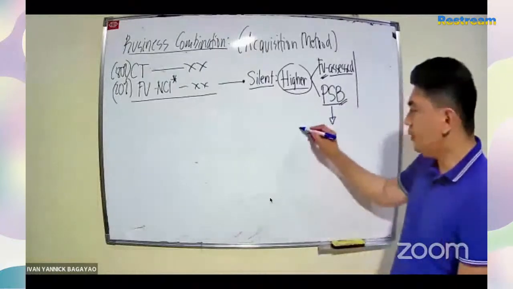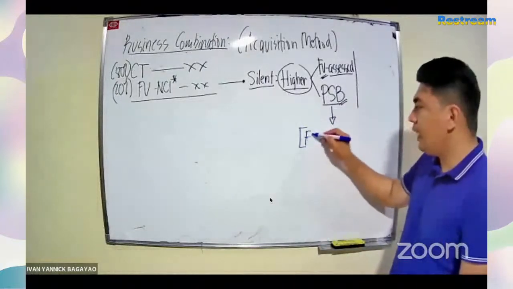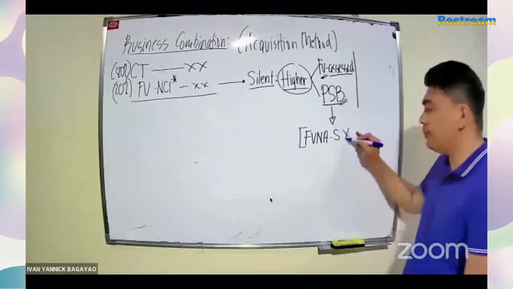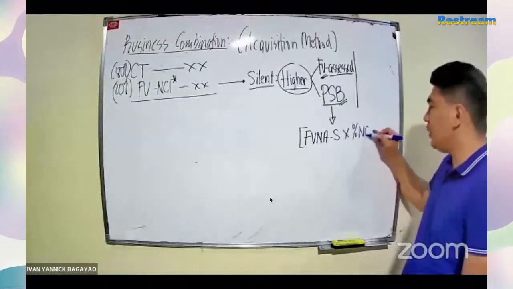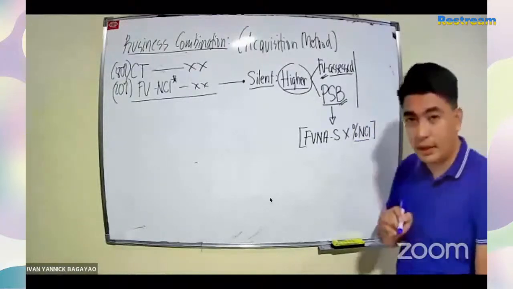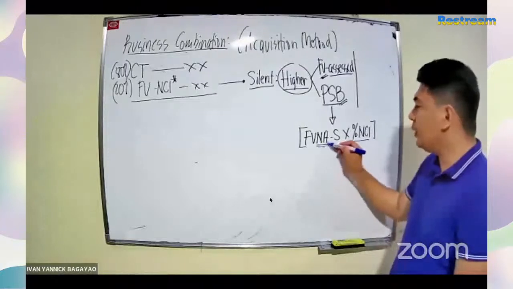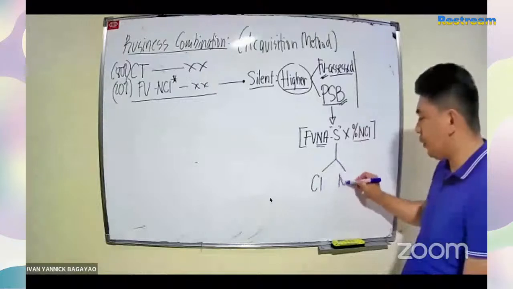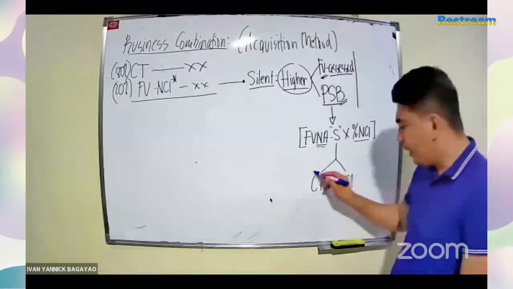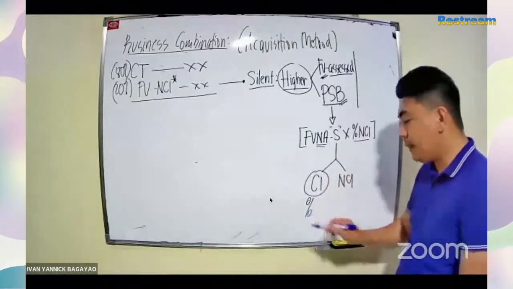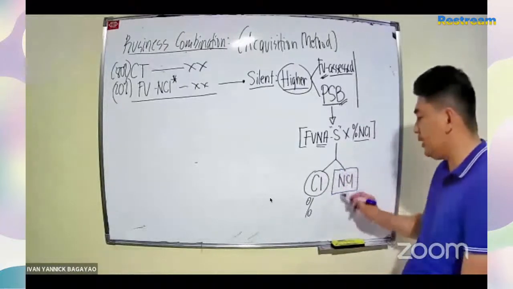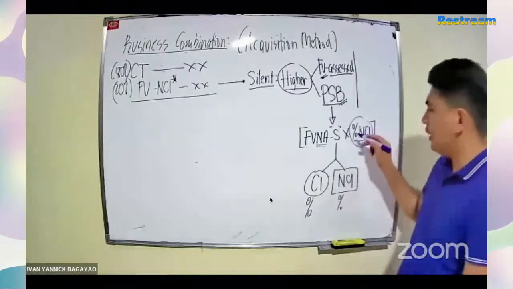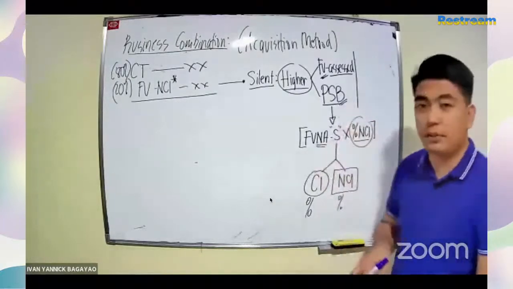Sir, ang tanong, paano kino-compute ang PSP or proportionate share basis? Okay? This is equivalent class to the fair value net asset of the subsidiary multiplied by the percentage non-controlling interest. So yung hindi sa'yo parent, i-multiply mo naman yung net asset ng subsidiary because the subsidiary is owned by the controlling and the non-controlling. Diba? So yan po ang ownership. May percentage dyan na kay parent, yung controlling, may percentage naman dyan na hindi kay parent or the non-controlling. So pag multiply mo yung non-controlling sa fair value net asset, that's the proportionate share basis.